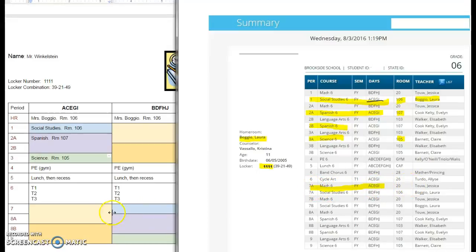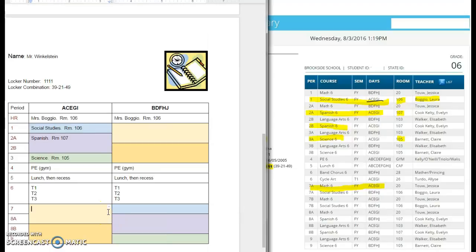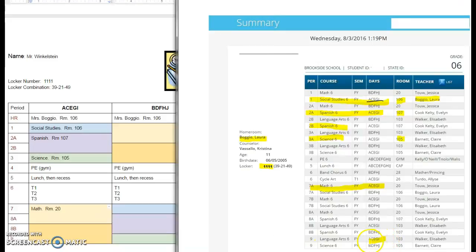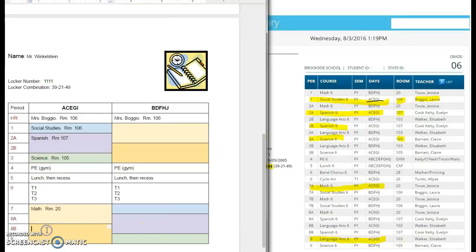I have math with Miss Tao, so I'm going to write in math, room 20, and then I only have 1 period left, which is 8B and 9. Again, we're only looking at A day, so keep reminding the kids, only look at A day, room 103 with Miss Walker, and it's language arts. Language arts,